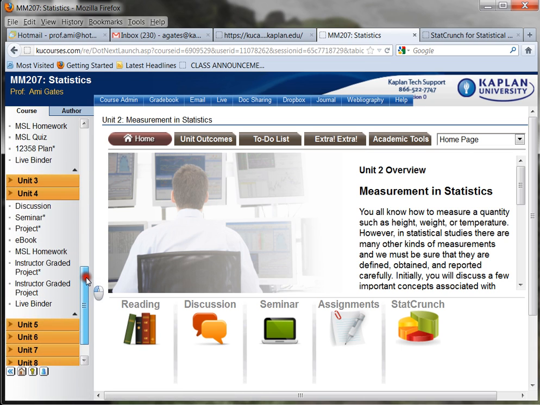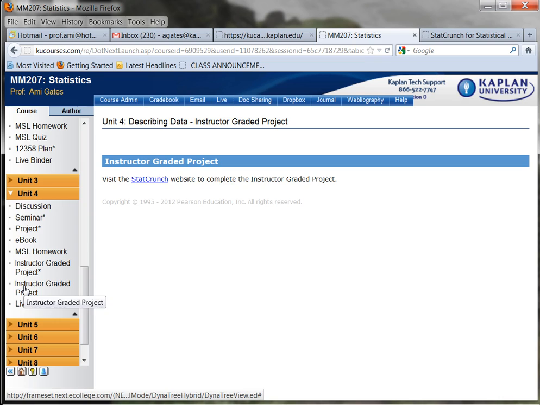Now when we get to Unit 4, it's a little bit different. We have a discussion assignment, we have an MSL homework, but instead of a quiz, we have an instructor-graded project. In order to find the data set for this project, you actually have to click the project itself. So if I click this project, it says, okay, click on Statcrunch to get in and complete your graded project. In other words, the data that you need is inside of Statcrunch. So if I click Statcrunch, again, it's going to open up Statcrunch and it's going to allow me to use the data for my Unit 4